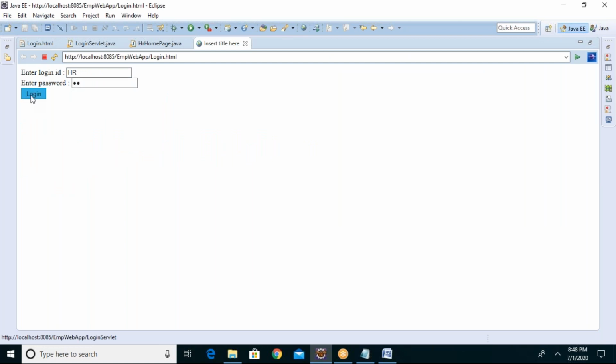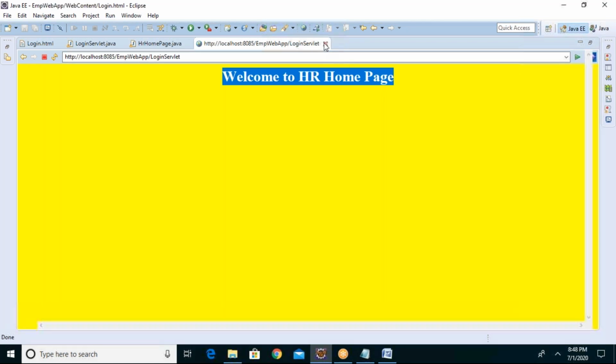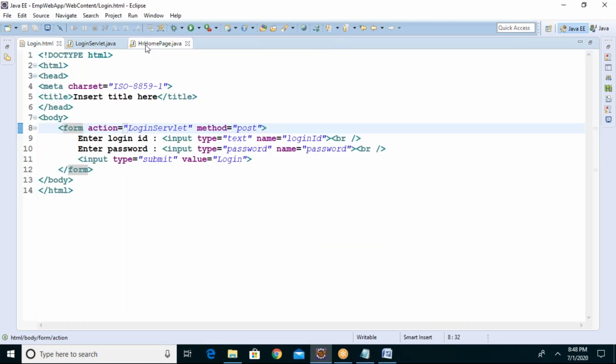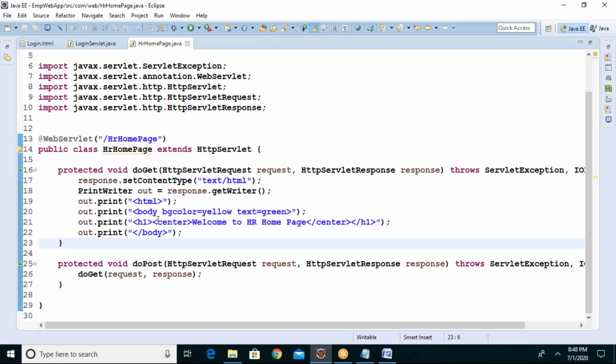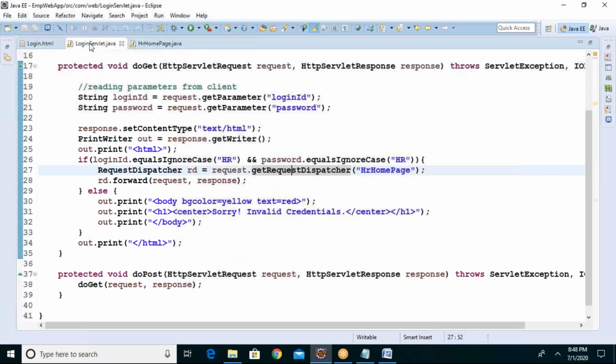HR. See, welcome to HR homepage. Okay, guys. So that means you are able to successfully call the servlet. I am calling this HR homepage servlet from the login servlet, yes or no?